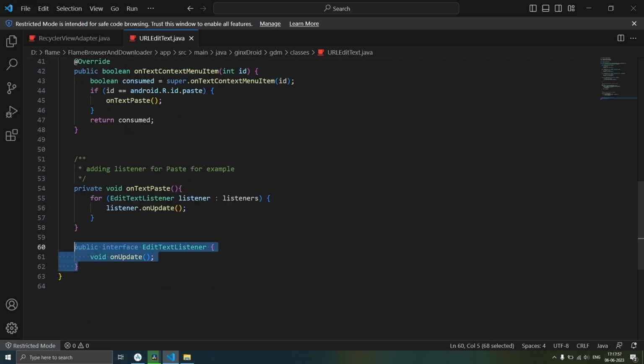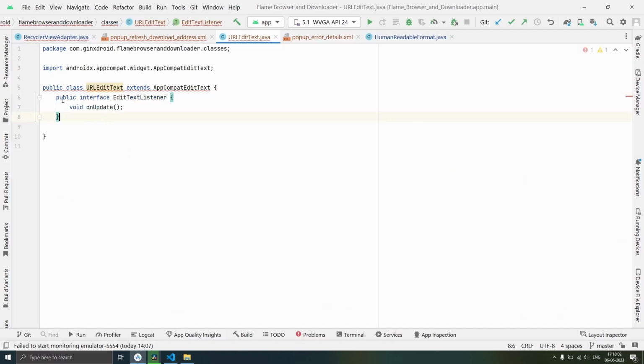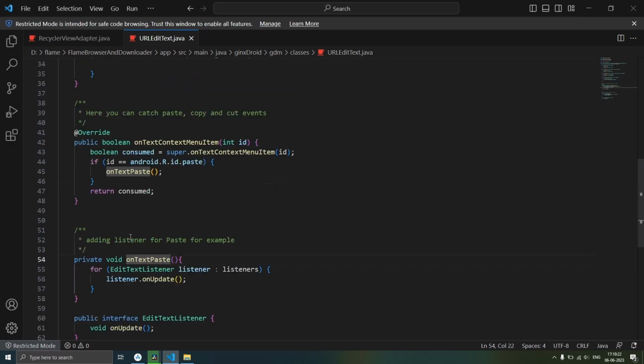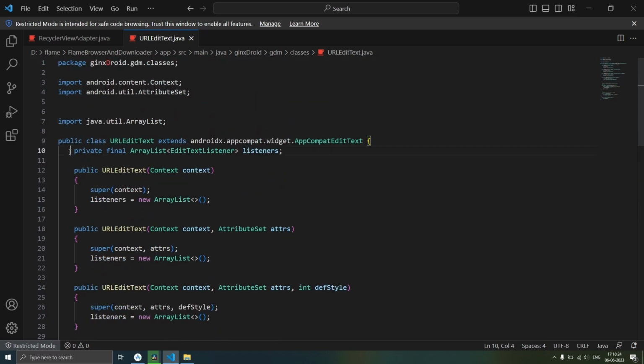we will create one interface edit text listener in it, which is public. So public interface edit text listener, and inside that we will have void on update method. We will use this edit text listener for listening to text paste events. At the top we will declare final array list of edit text listener as listeners,